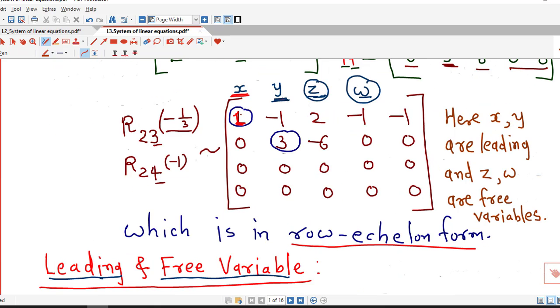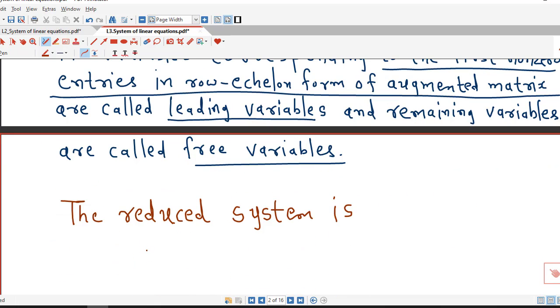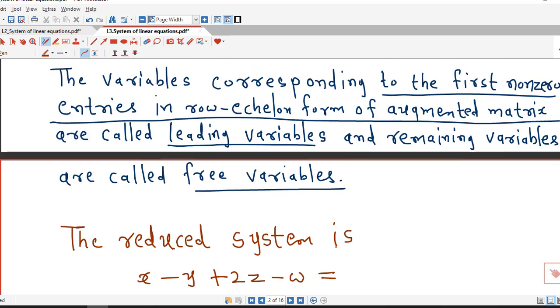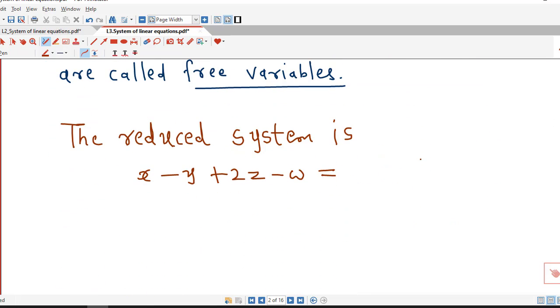So the first equation is 1 into x, that is x minus y plus 2z minus w equal to minus 1,